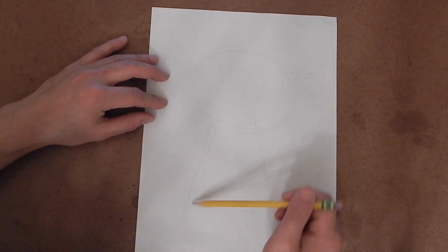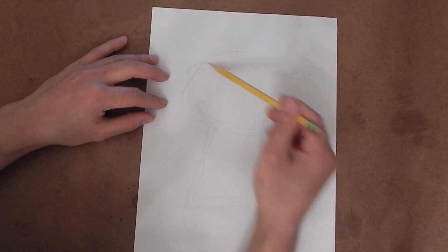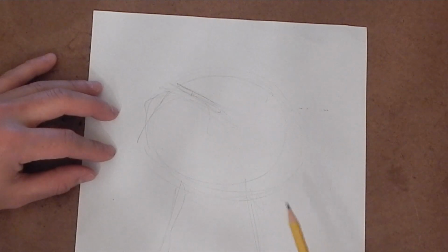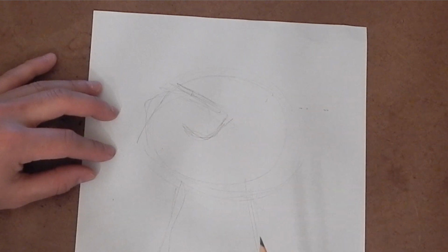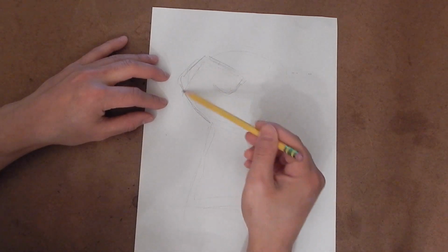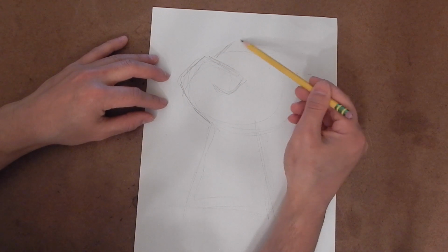Now, we're going to make this part of our fist. So I'm going to start with a curve here. I'm going to make this like part of the thumb, I think. Make a line coming down like that. Curve it like that. We've got a little bit of a thumb there. We can bring that down, kind of straightish lines. Now we're gonna